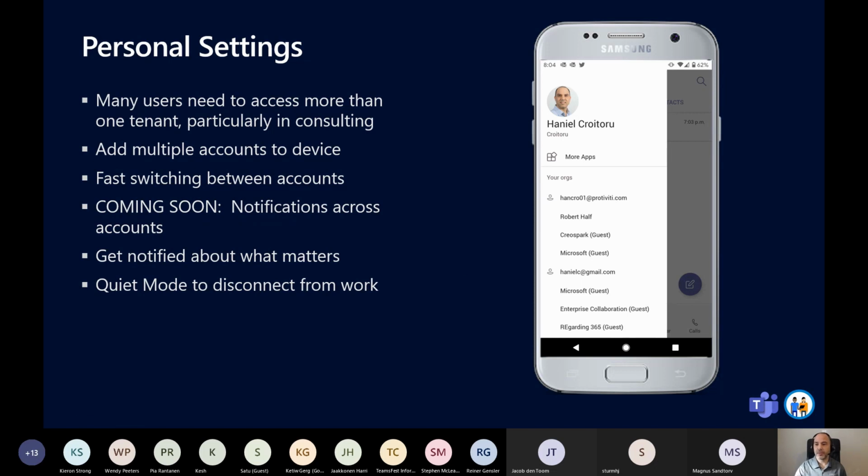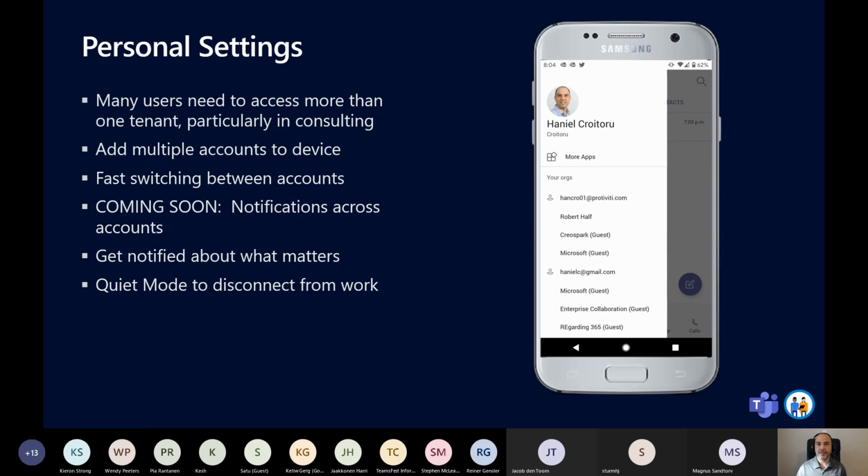Today, as you can see on the screenshot here, and I'm going to show you in a second, you can actually add multiple tenants into your Microsoft Teams, and it's as easy as a single mouse click to switch between one tenant and another. What's also nice is the notifications. Although it doesn't show me all the details, I can see on any one tenant if I have any messages or any mentions that I have not yet viewed.